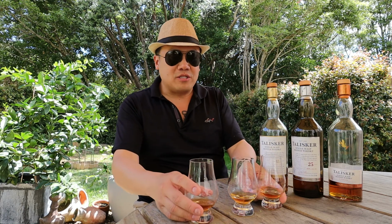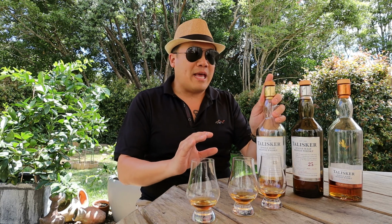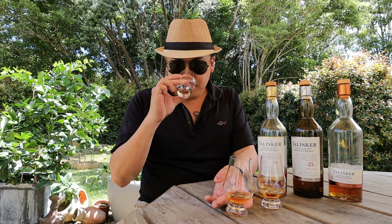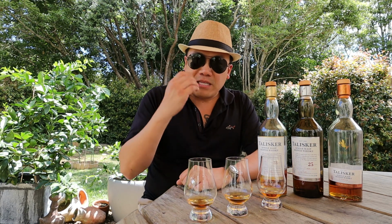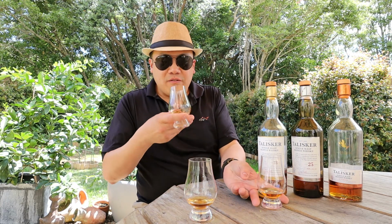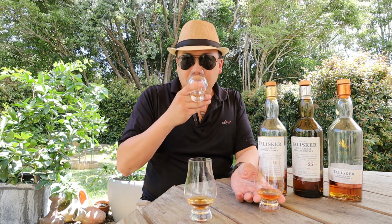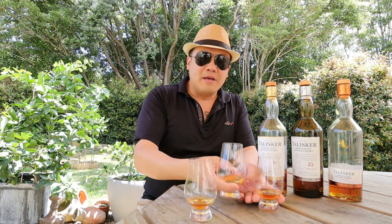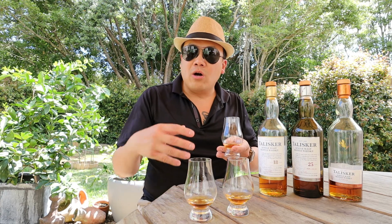The nose is distinctly different already. We've got to keep in mind they're all 45.8, so the ABV is the same, but the nose is distinctly different. The 18 is a strong hit of sweetness, but much fiirier on the nose straight away. And the 25 is sweet but smoky, almost like a soot, like a far away flame. And the 30, it's more like an old rubber smell,